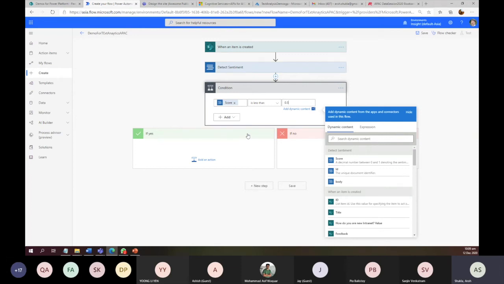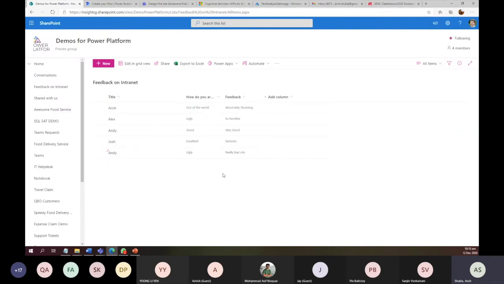The score mostly ranges from 0 to 1. Close to 1 is a very good rating. Below 0.5 is bad feedback. This is something we have to understand, that sentiment analysis works this way: you have a number from 0 to 1. In this scenario, we are using the score. If somebody has put bad feedback, like Andy here,